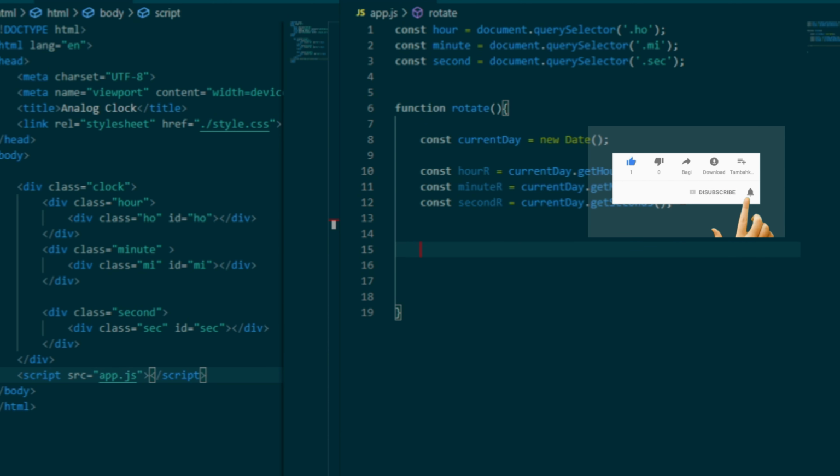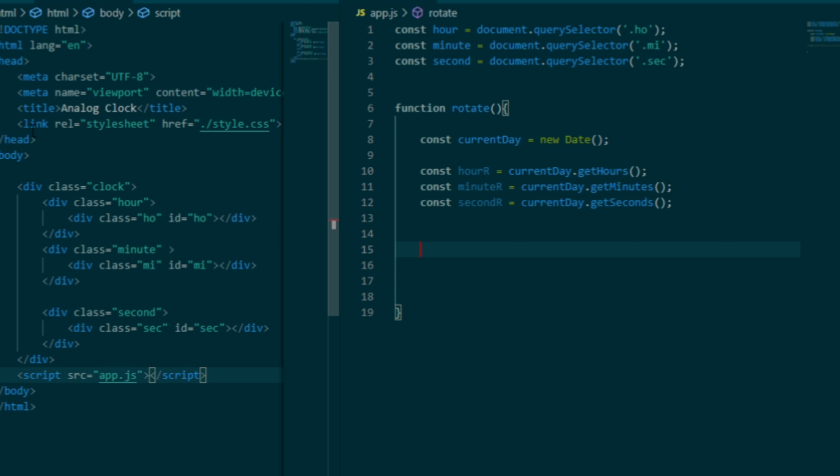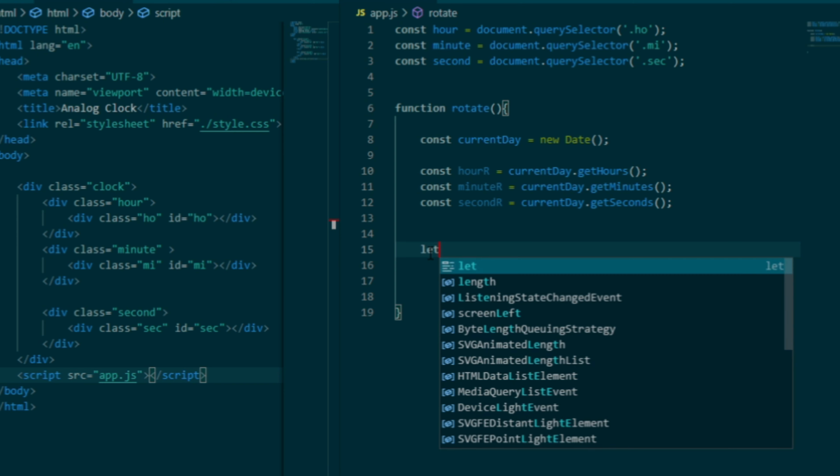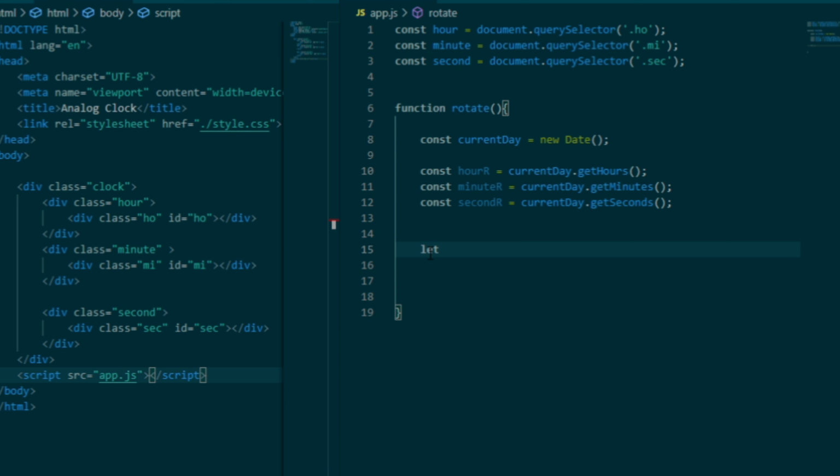So these are very simple things. Okay. And now we have grabbed each and every element of HTML into this JS. Now we have to just write a few lines of code to rotate the hour, second, and minute hands. So let's declare that. I'll declare let sec hand is equal to,